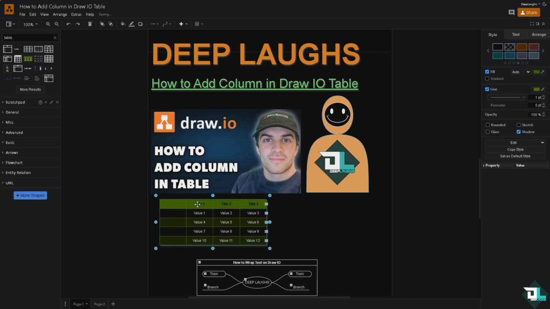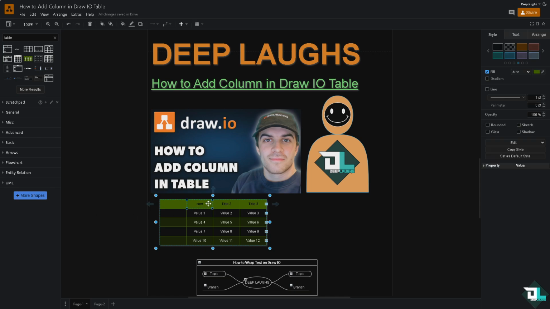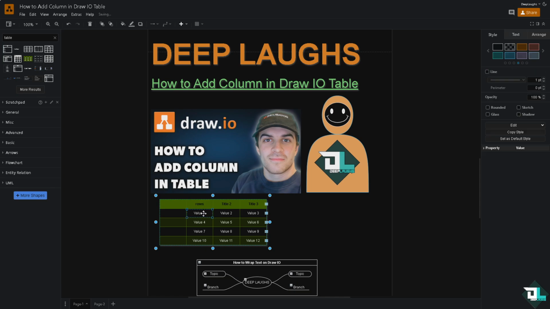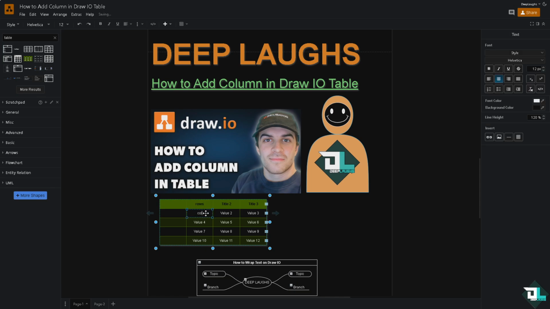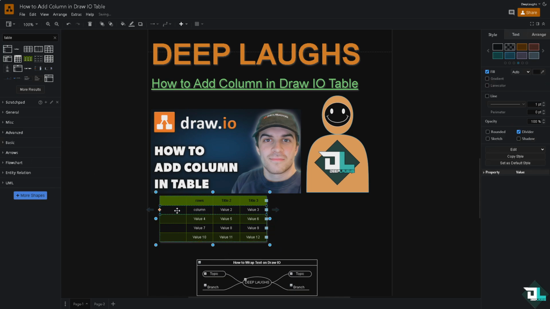Now I'm going to rename this as row. I'm sorry, this is going to be like rows. All right, and this is going to be like column. Kind of like that. Now for you to be able to add columns right here, this one, click on it,